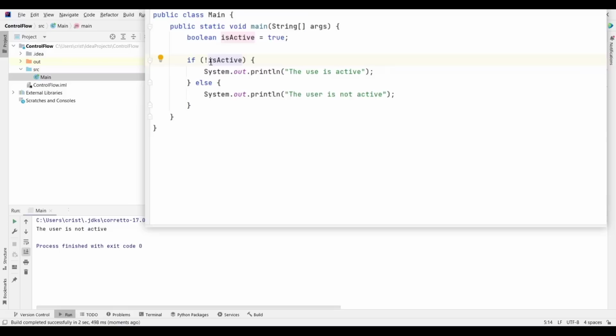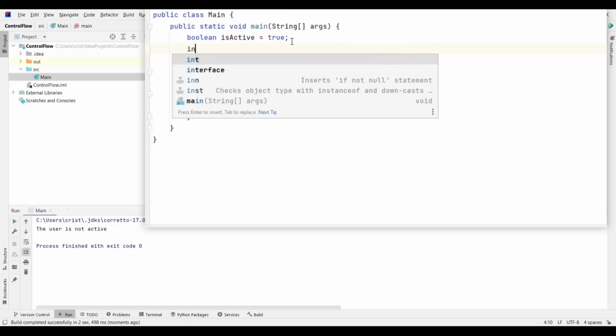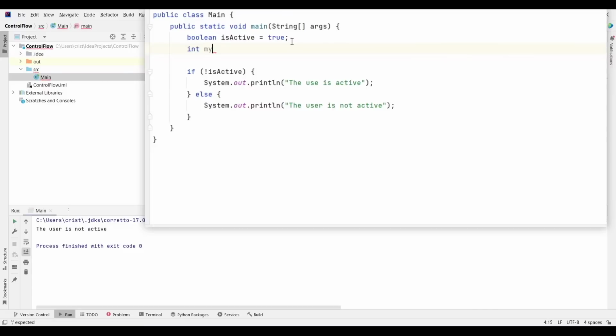And generally you can put the logical NOT operator in front of any expression you want. So if you have here a variable, let's type here int myNumber equals 10, semicolon. An expression, as I said, is something which returns a value.